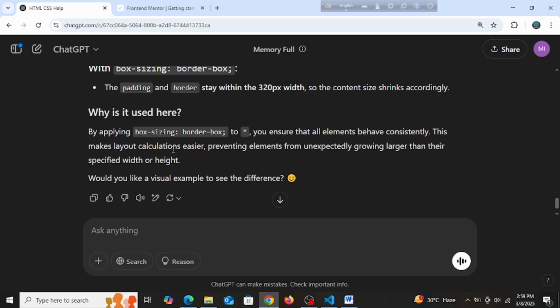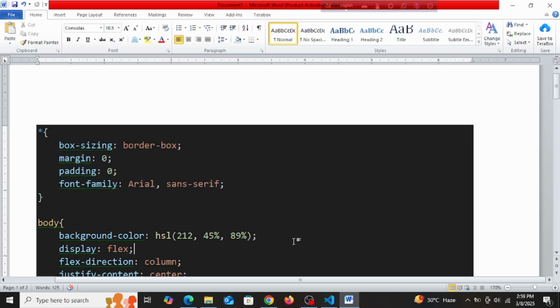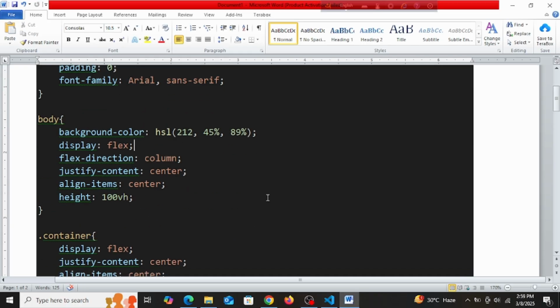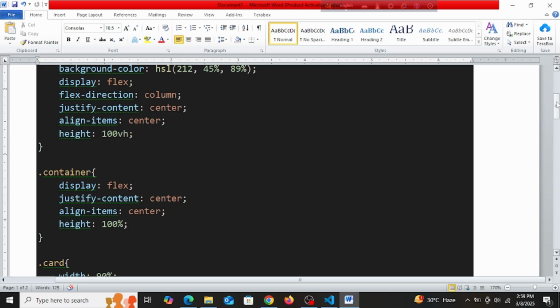By applying box sizing border box to ensure that all elements behave consistently. This makes layout calculations easier, preventing elements from unexpectedly. So I guess you understand, guys. So whenever we make style for other elements like body, container, whatever size we provide, width and height, and if we just do some padding, margin and things,